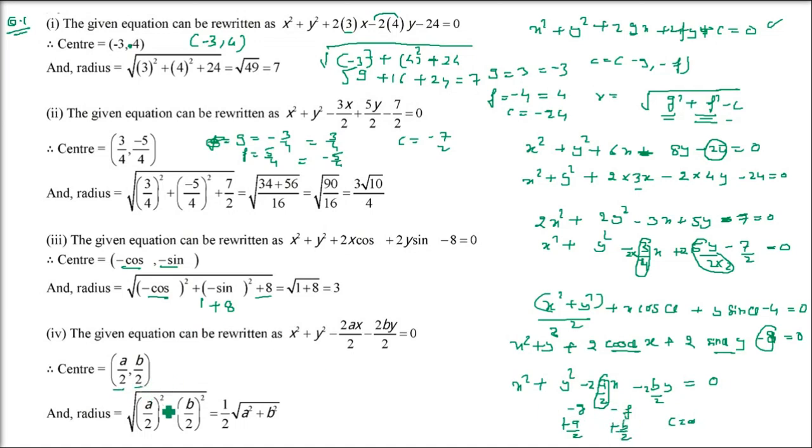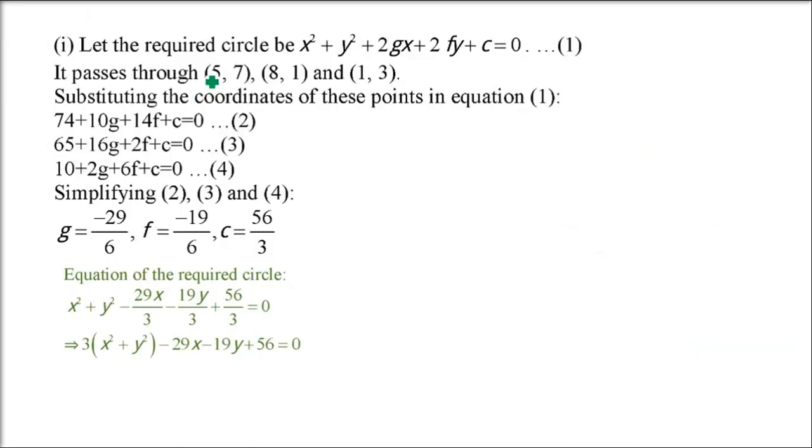A by 2 and b by 2, because we have found out minus g and minus f. So c is already 0, there is no constant term. Just put in g square plus f square minus c. You get under root a square plus b square, and below you will get 4. So under root 4 is of course 2. So this is the final result.